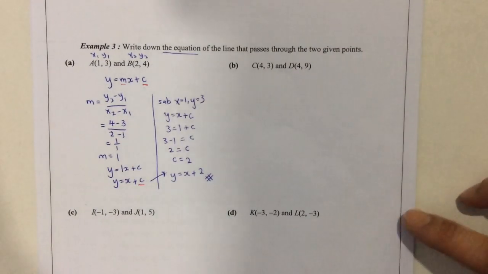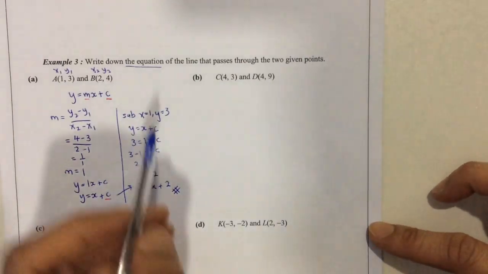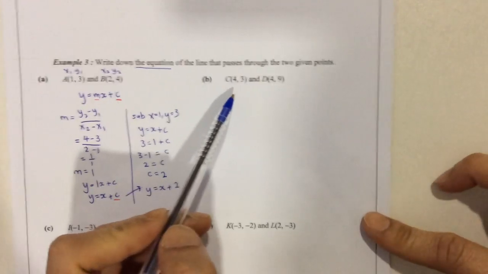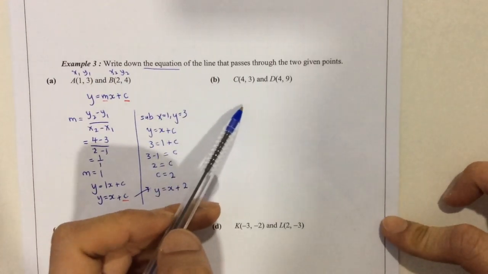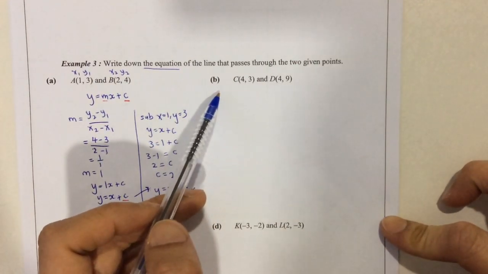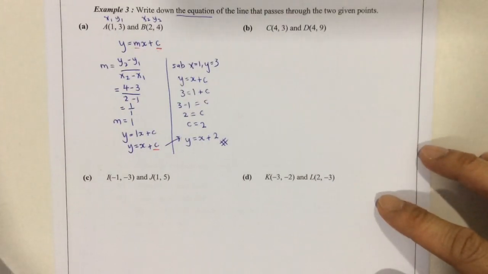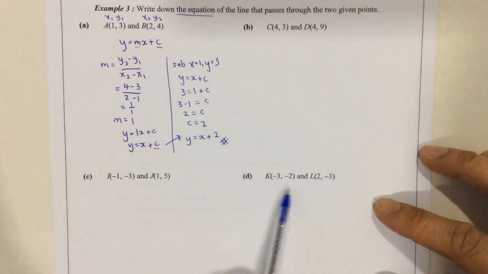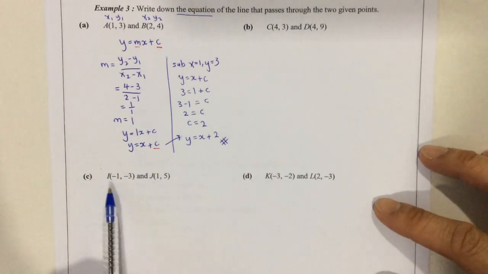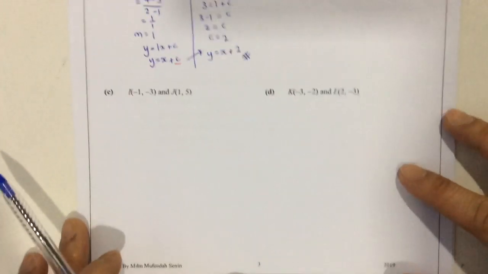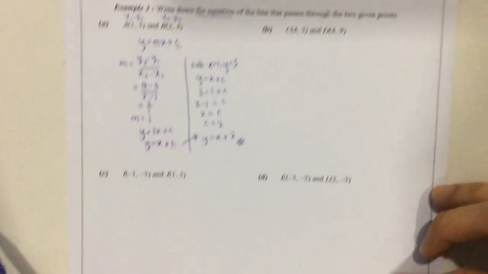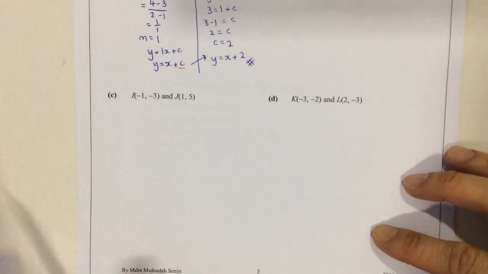Okay, so next we can do similar methods with the second question here, or the second part, but let's go through one of the questions from here because it has a negative sign. So I will do C, and you can do the rest later after this lesson. So for part C here,